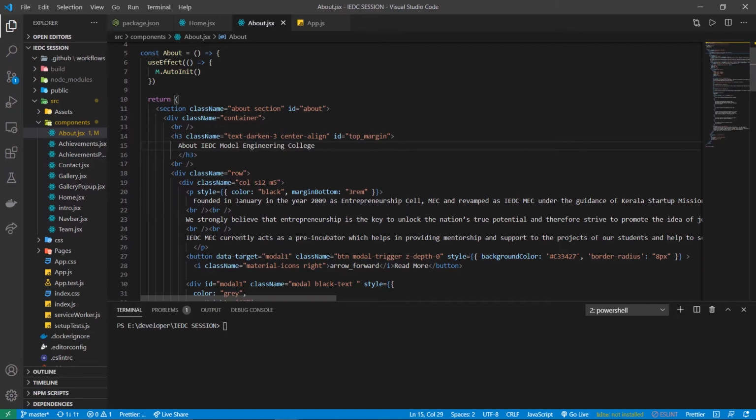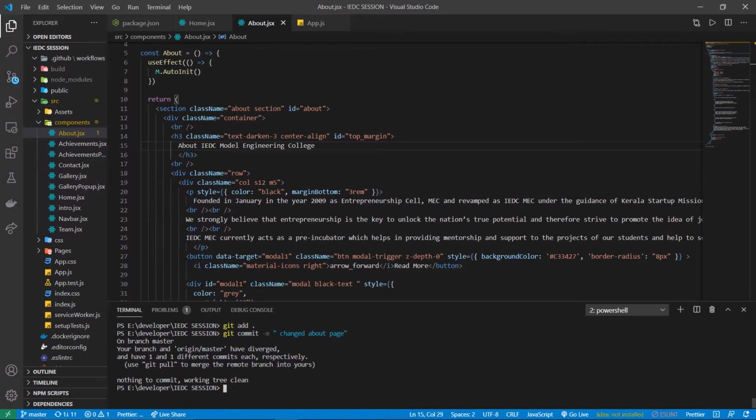Now let's add the changes to GitHub. Commit the changes. After committing the changes, let's push the changes.